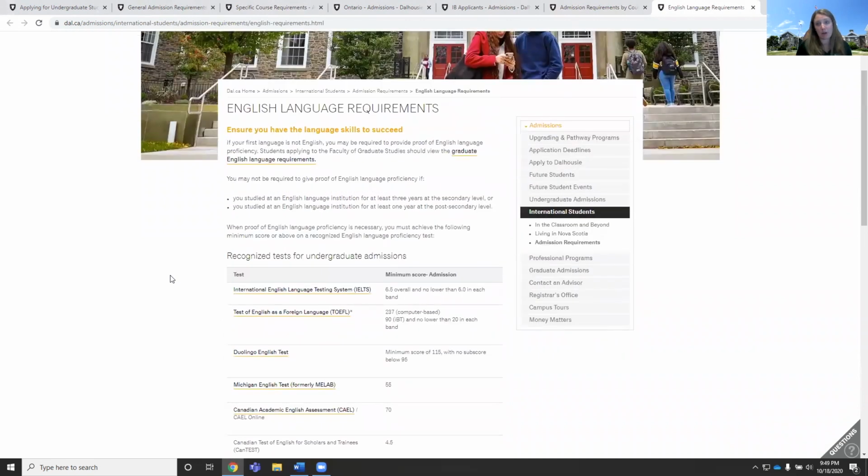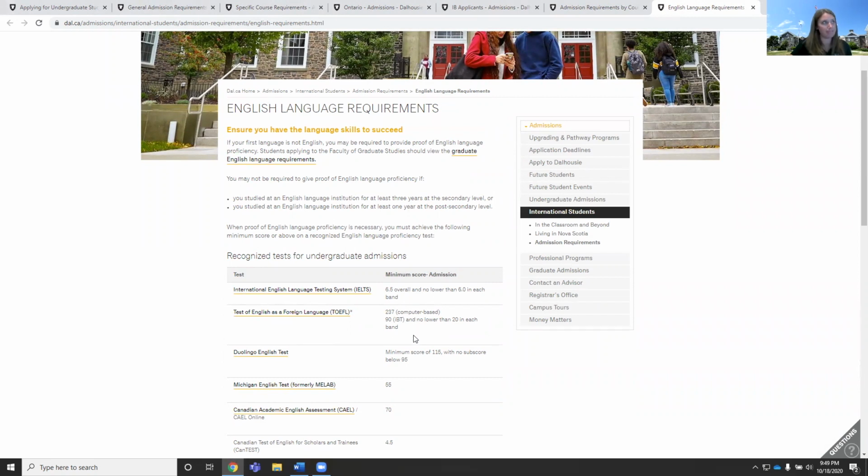We do take a number of recognized tests, including IELTS and TOEFL. The minimum requirement for IELTS is a 6.5 overall and no lower than 6.0 in each band. For TOEFL, the minimum score of 237 for computer-based and 90 for the IBT, with no lower than 20 in